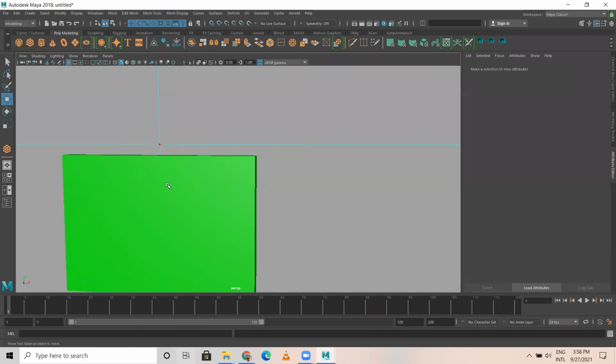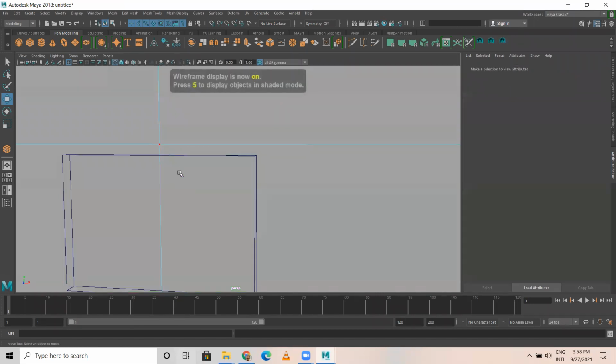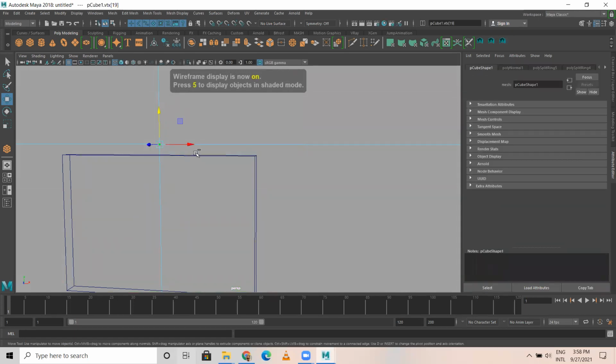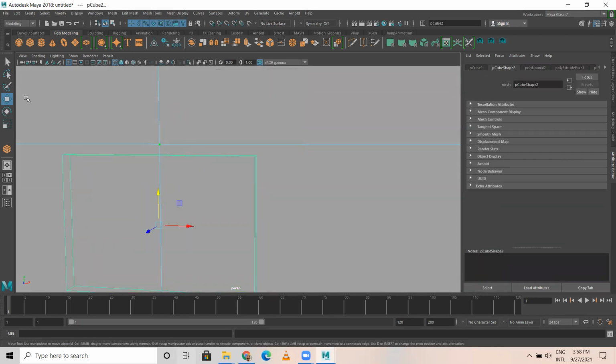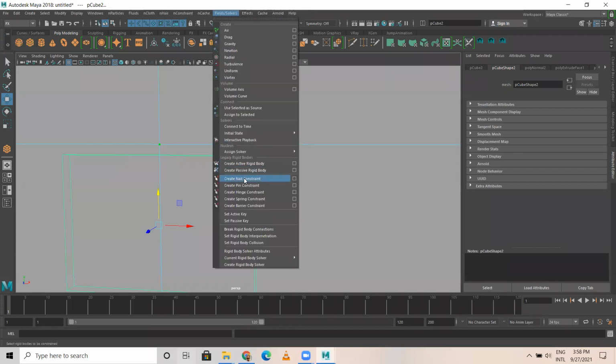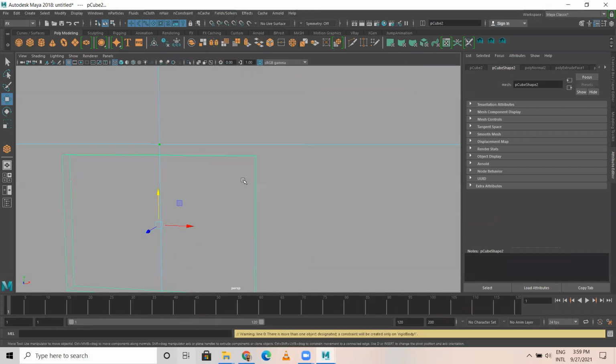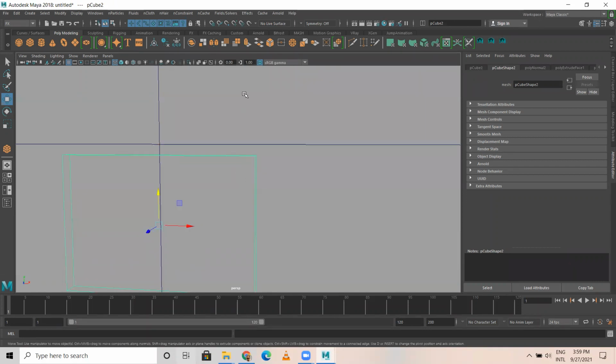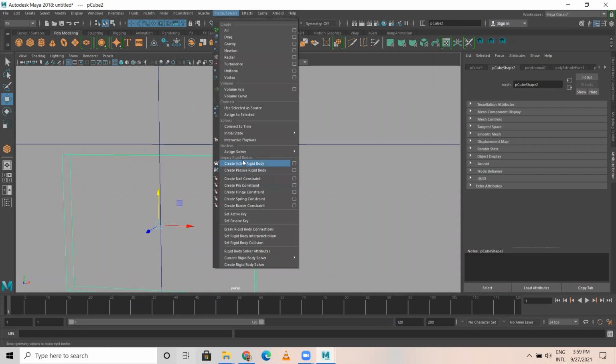Select the vertex, shift select this particular object. First vertex, shift select the object. Then go to FX, Fields and Solver, nail constraint. There's more than one object. I need to make this an active body first.